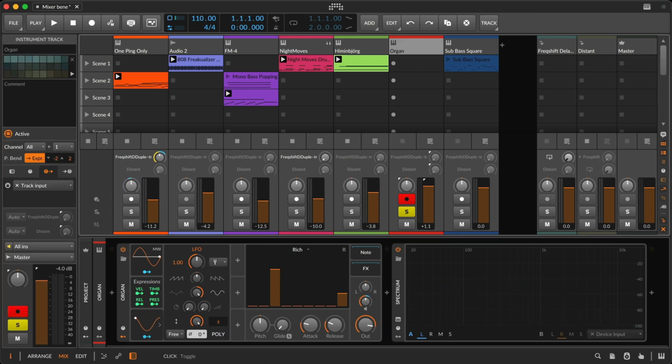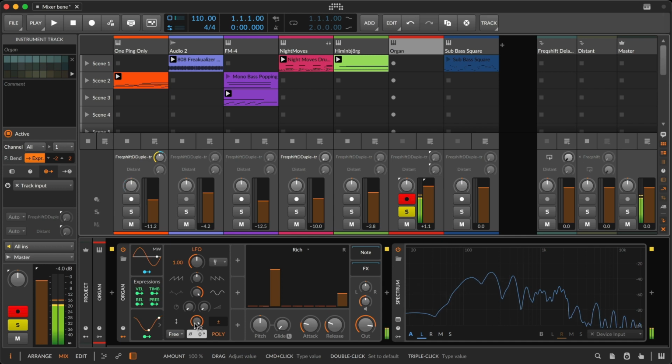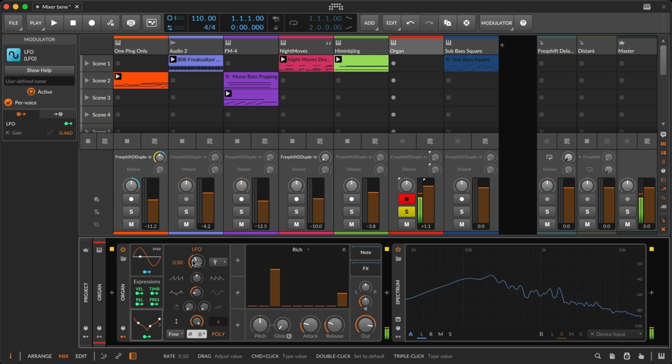If I set this to poly, this is where it becomes nice and interesting, because each individual note is maintaining its own shape and its own pitch. So yes, that's why we didn't talk about AM before. It's already everywhere. Could set this to a ratio as well. Half the pitch we played, twice the pitch we played, etc., etc. So pitch tracking becomes very interesting even with gain control.